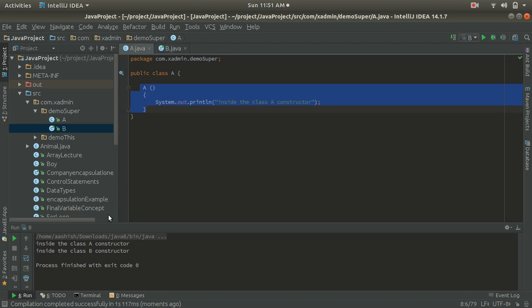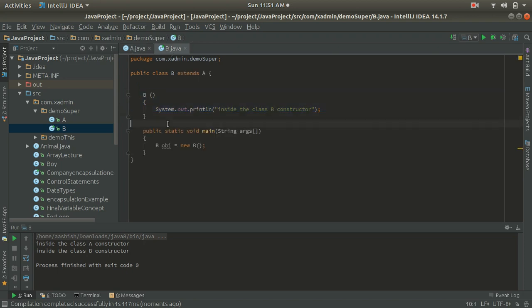That's why we get inside the class A constructor first, and then inside the class B constructor second. So firstly the class A constructor is called, and after that the class B constructor is called.